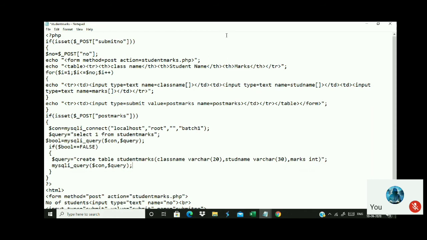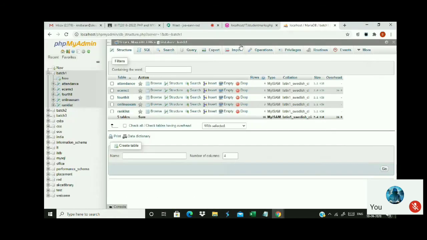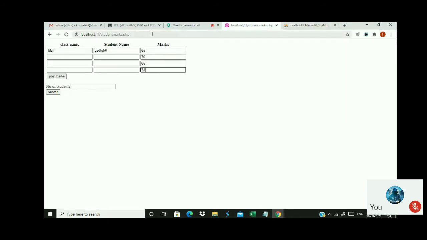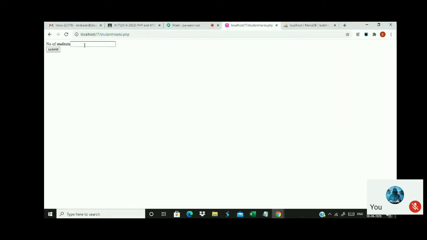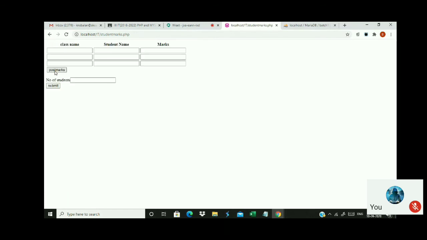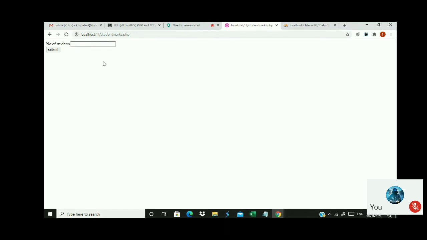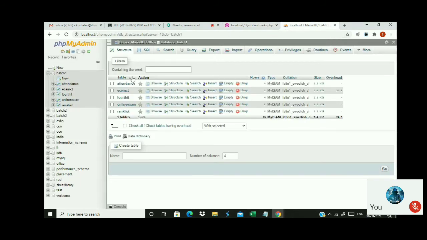Listen carefully. I will check whether the table is already created or not. This is very, very important. First I enter 3 and submit. Now I post marks here. Now you just check whether the table is created or not.